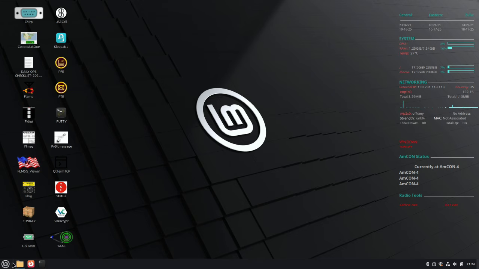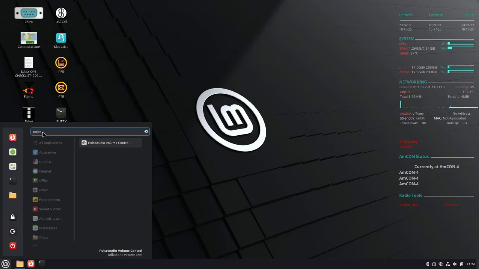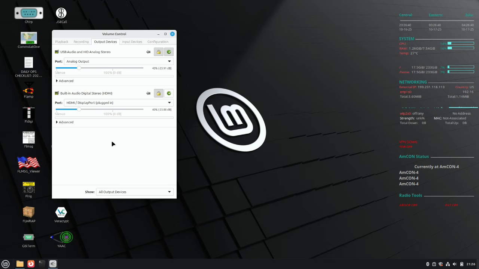So let's go ahead and open up our Linux button there and type in Pulse. And there's our Pulse Audio Volume Control. Let's go ahead and click that to open it. And right here, you'll see it down in the bottom tray. Go ahead and right click on that and click Pin to Panel. So it will be there all the time, because this is something you're going to want to keep available to